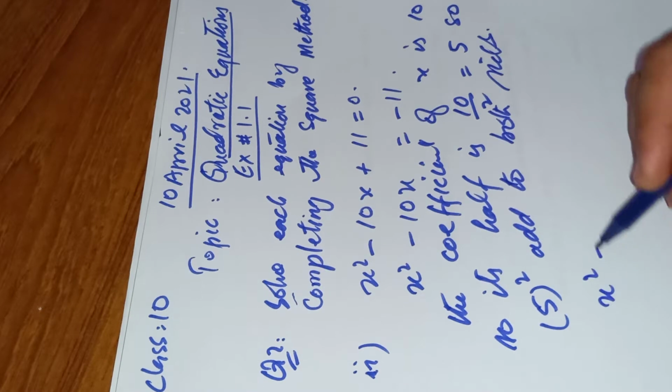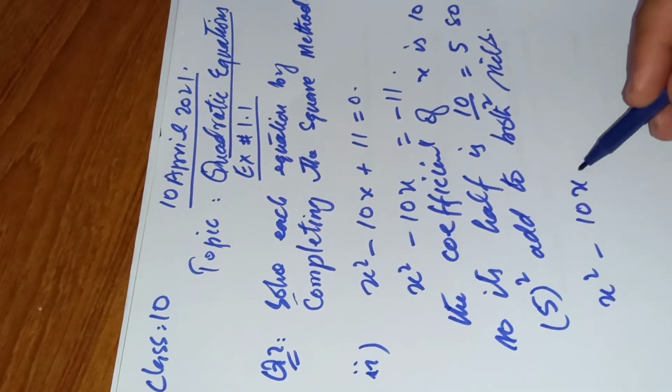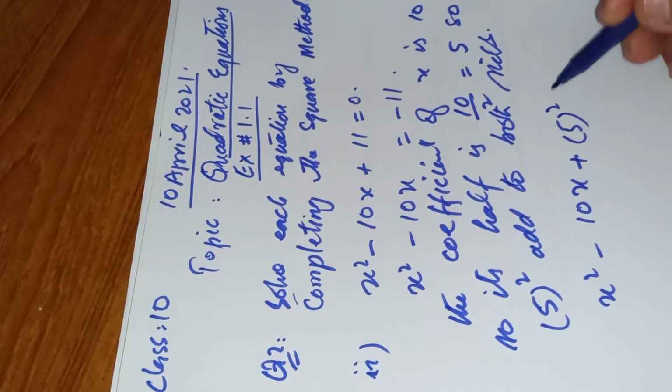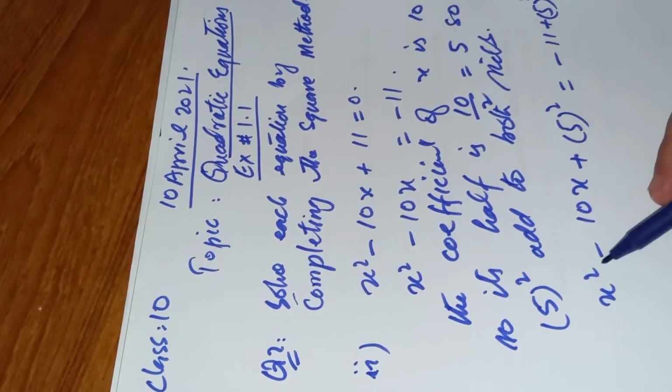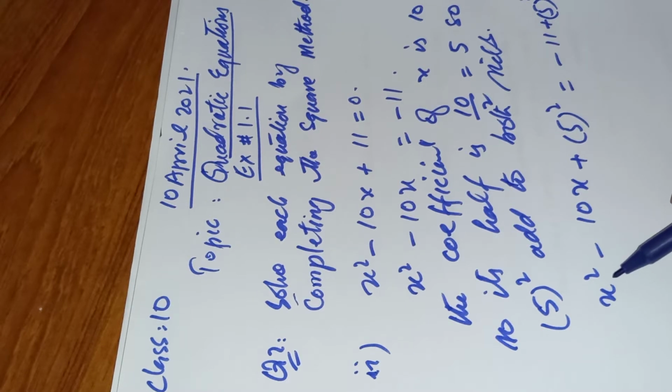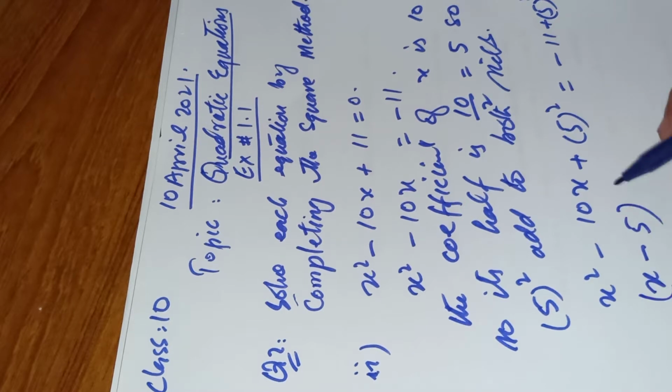Now this is what we will be doing, minus 10x. Now we are adding 5 square to both sides of this equation. Here also 5 square. It is complete square of, look, a square minus 2ab plus b square. So a minus b, a here is x, minus b is 5, whole square, and this is minus 11, and